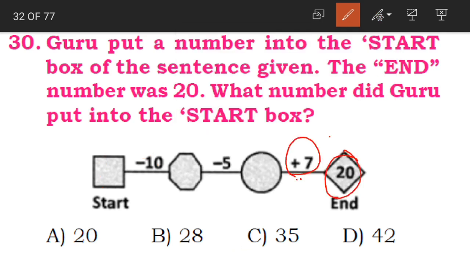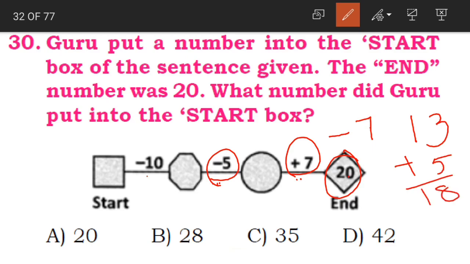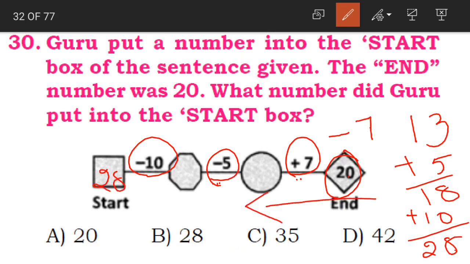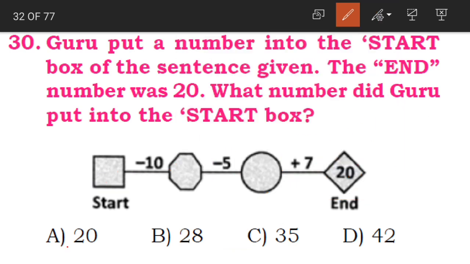Now one way to solve this problem is to start with 20. Here there is plus, right? So do the opposite, minus. 20 minus 7, 13. Now again here it is minus 5. Now you add 5. 13 plus 5 is 18. And here we are having minus 10. Do the opposite, that is add 10. 18 plus 10 is equal to 28. Our answer here is 28 children. Okay. This is one way of solving. Move in the reverse order and do the opposite of what is done to the start point. Now the other method of solving is this trial and error.